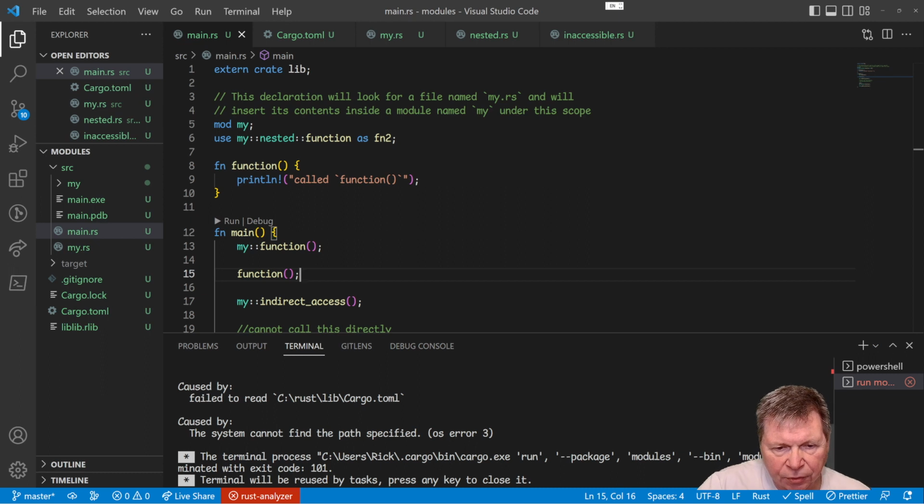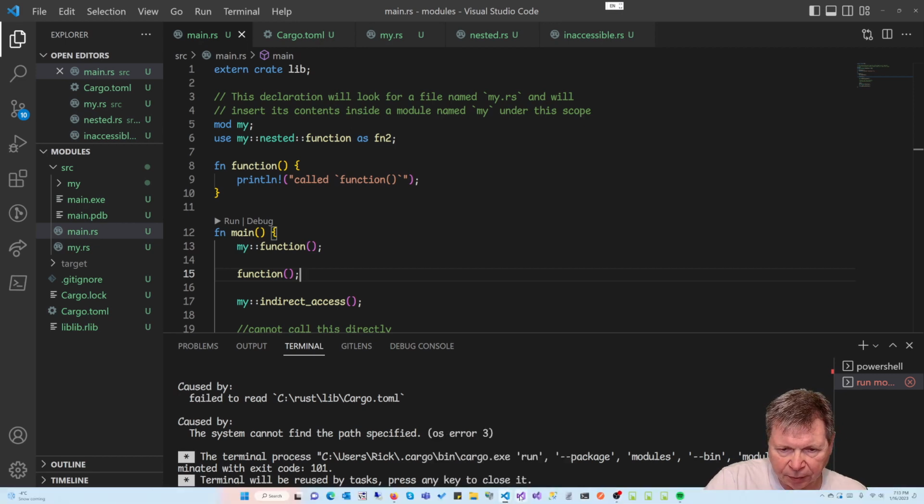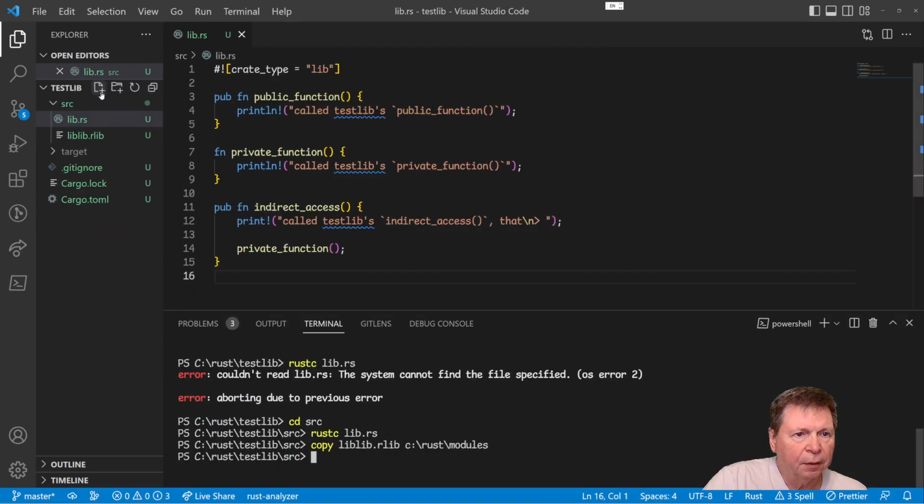Well, I suppose, though. What's the other one called? What directory did I put the other one in? This one. What directory are you in? Rust testlib cargo toml. Okay, because it's looking for that,